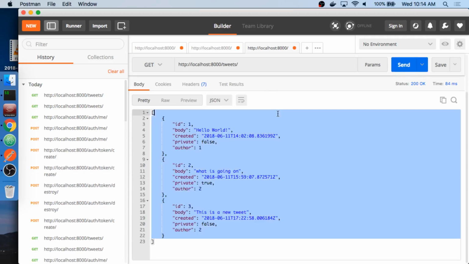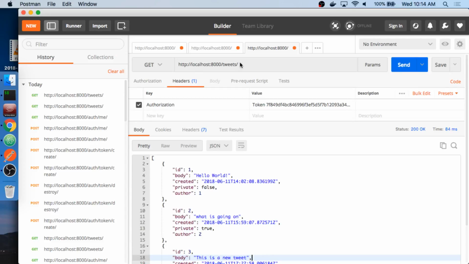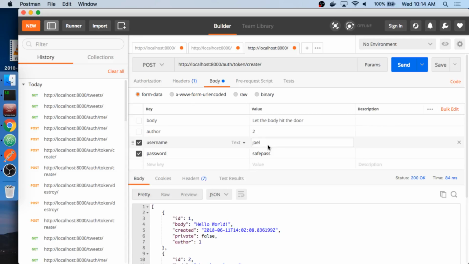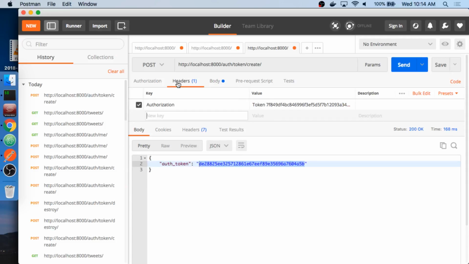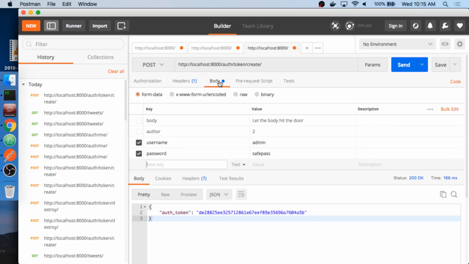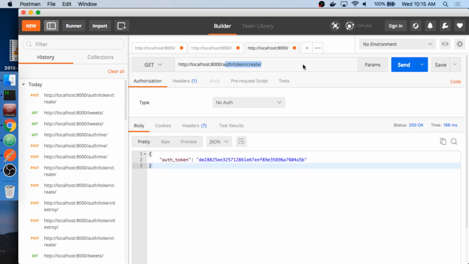So my Joel user doesn't see everything, but if I was to log in, so if I say auth/token/create, post over my username as admin now. So now when I do a get to /tweets, I should see everything.